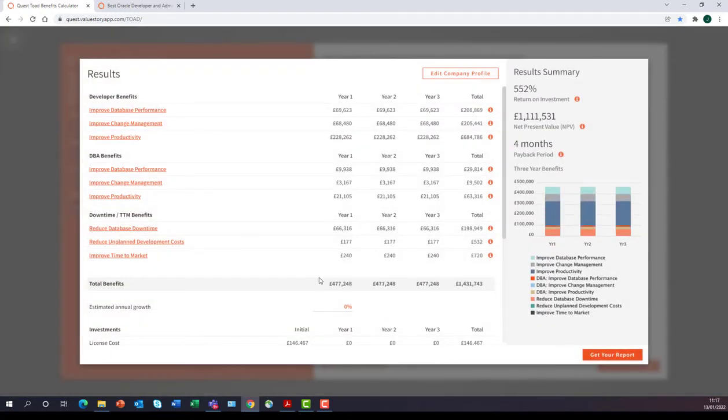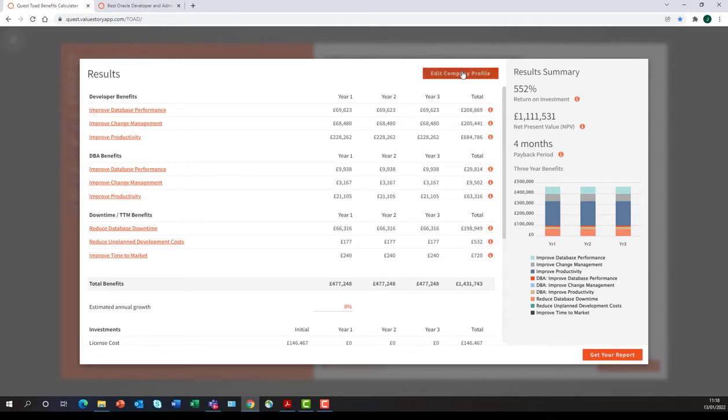And now I get a detailed version of this. I get all this other information that's been calculated. The results summary is still on the right hand side, but it's got a bit more information. It's broken down into different sections according to what options you selected at the beginning. And then it's got also information about what these terms mean if you're not familiar with ROI and things like that. So there's the explanation of what ROI is, the explanation of what net present value means, the payback period, which is fairly self-explanatory.